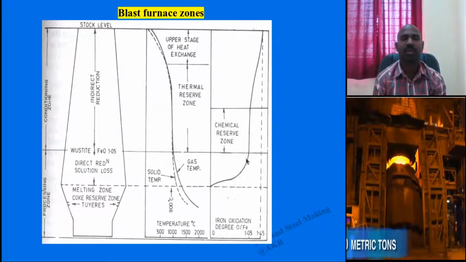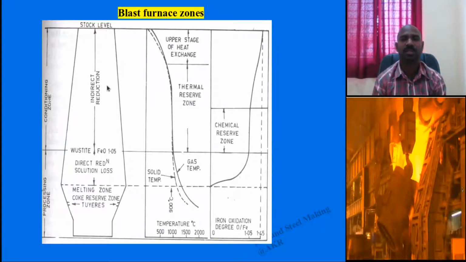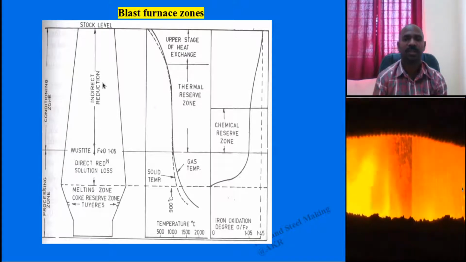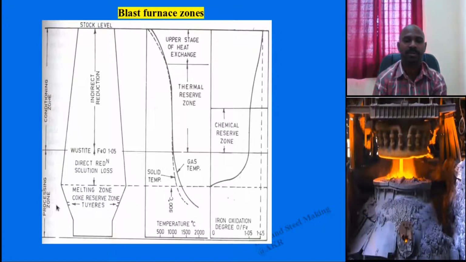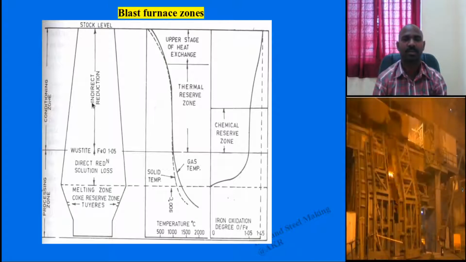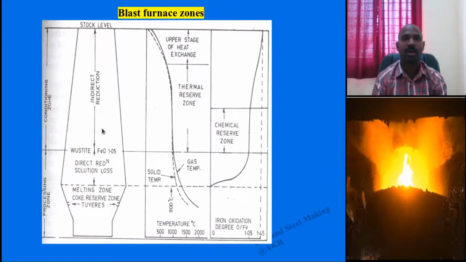Now a few more details about the blast furnace zones. Let us divide the blast furnace into zones: this entire stack zone is the indirect reduction zone, where conditioning takes place. From the tuyeres, the CO and CO2 which evolve react with the solid, indirect reduction occurs, and it softens and swells. It is conditioned, slowly descends.